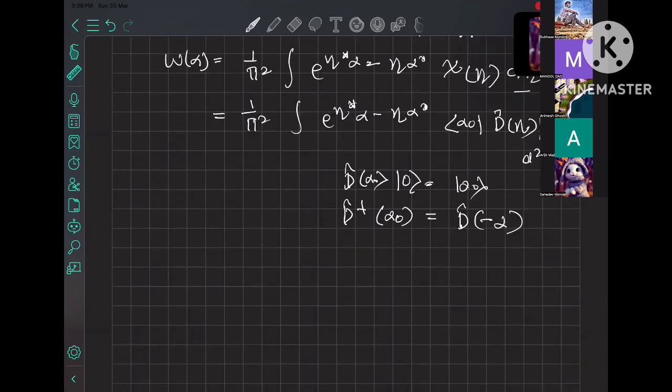This is some property of the displacement operator, and this could be proved very easily. And now there is also some other property. They could be written this way. And this could be simplified as e to the power minus alpha square by 2, e to